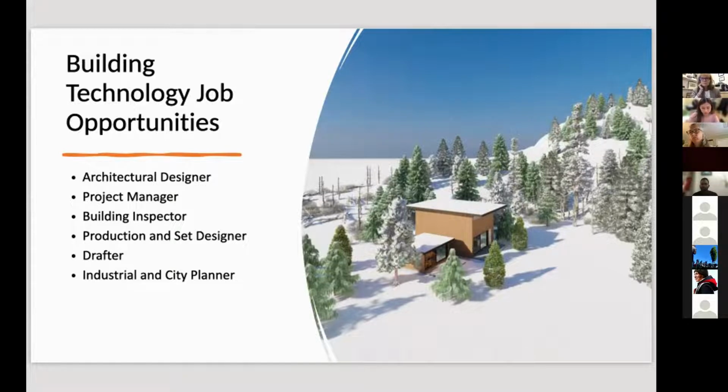So job opportunities, you are still competing for similar job opportunities. You are still learning similar software, still the same program. The only difference is colors, textures, fabrics. For job opportunities, building tech does have a little bit of different job opportunities where you are able to work as a project manager, you are able to work as a planner,